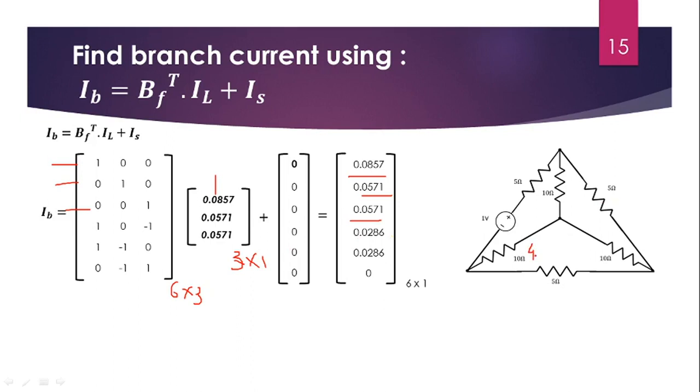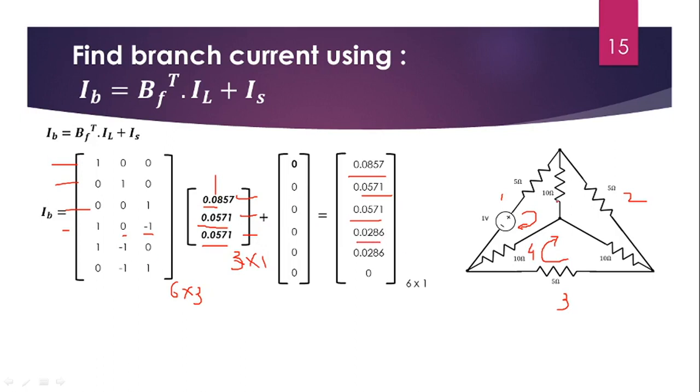fourth branch current, this is the first, second, third. So fourth branch current is nothing but IL1 minus IL3. So this is IL1, IL2, IL3. So fourth row is first 1 into IL1, that is 0.0857, plus 0 into this one, minus 0.0857. So IL1 minus IL3. So we got this value is